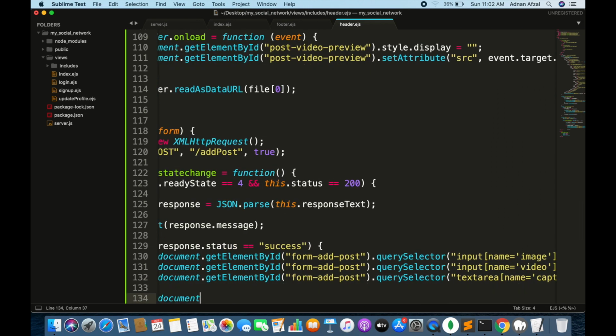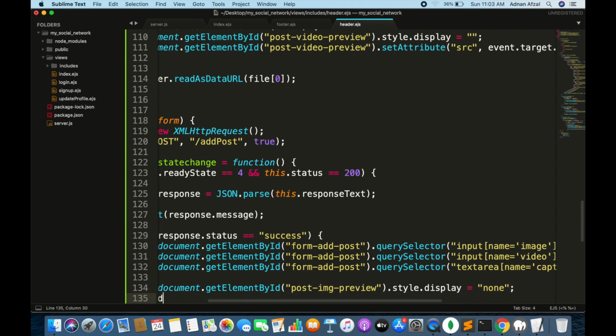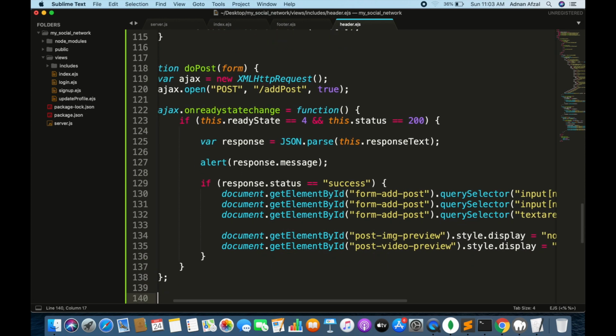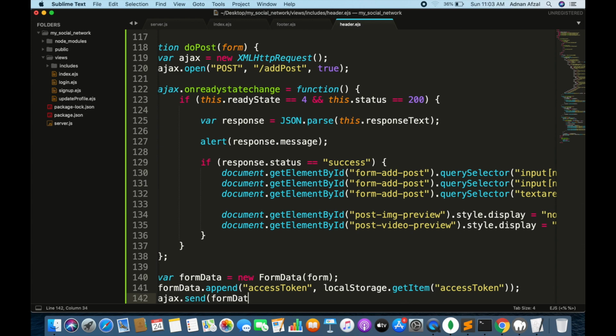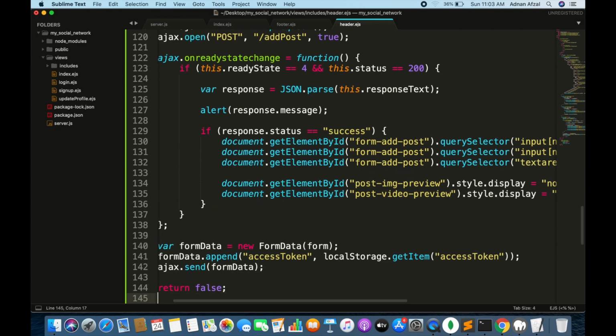Also, the preview of image and video will be removed. Create a form data object, append the access token to it, and send the AJAX request. Return false will prevent the form from redirecting.